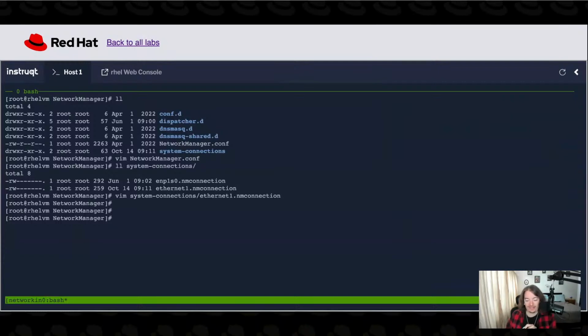And using a cloud-based lab, I couldn't figure out an easy way to demonstrate that live on air without being almost certain that I would break something. So just know that ifcfg files are still a part of RHEL 9, but we are defaulting to key files now instead. There's a blog out there called Saying Goodbye to ifcfg files and Hello to Key Files that'll